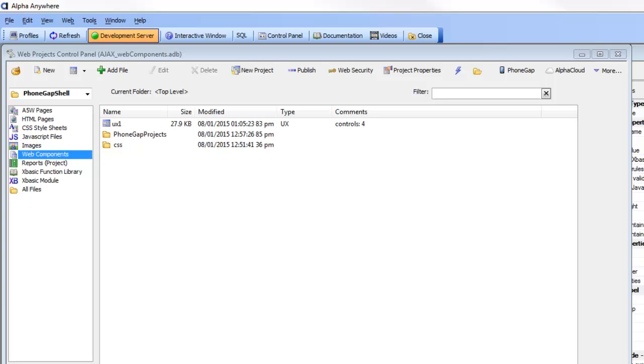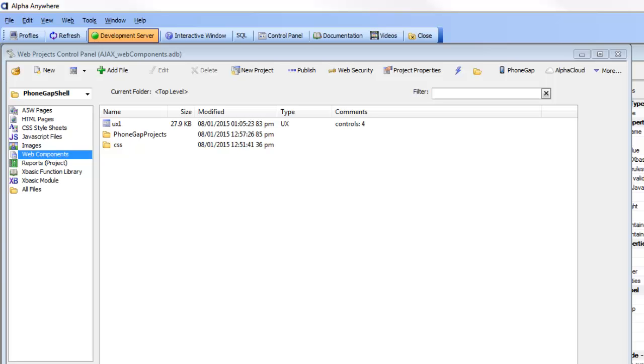In this video, we'll demonstrate how you can build a PhoneGap shell. The idea behind a PhoneGap shell is that when you're building a PhoneGap application, the process of building the application and then submitting the application to PhoneGap build and then installing the application onto your mobile device is tedious. And so during the development phase, you'd like to make it much easier to test changes to the component that